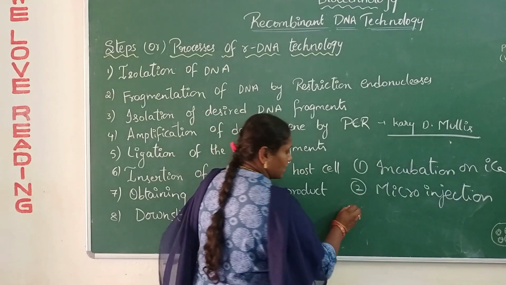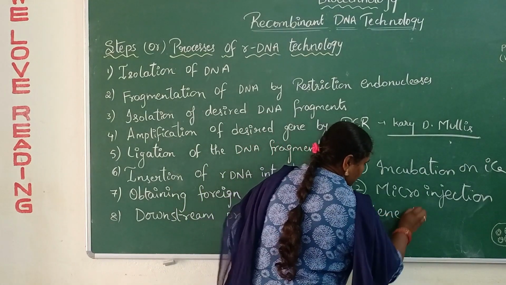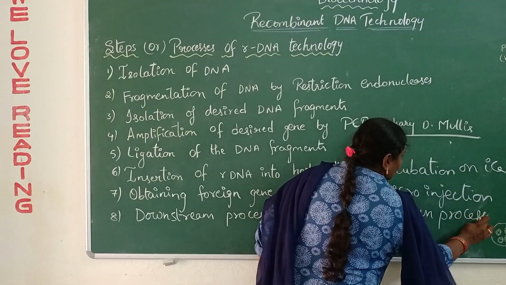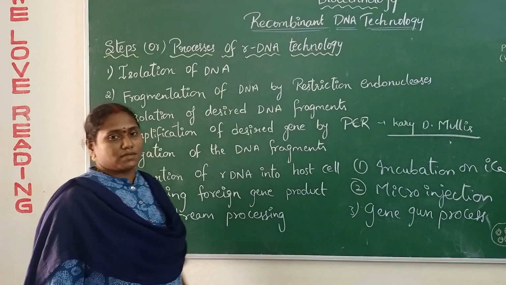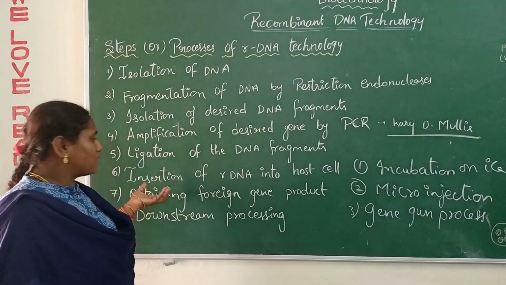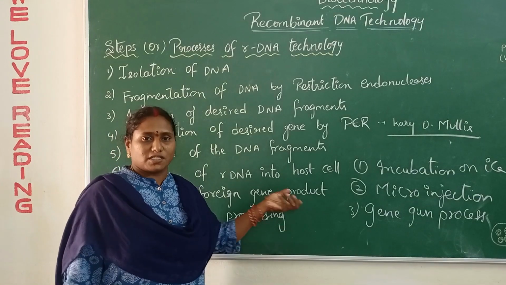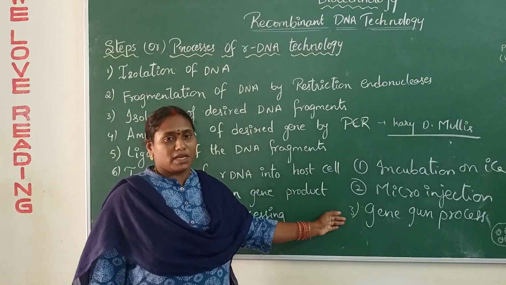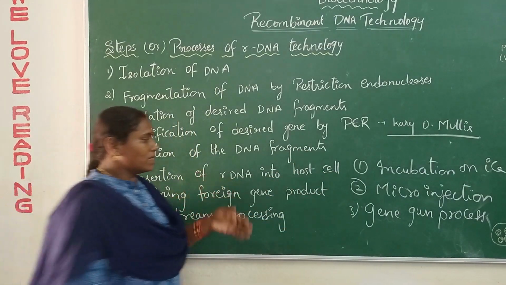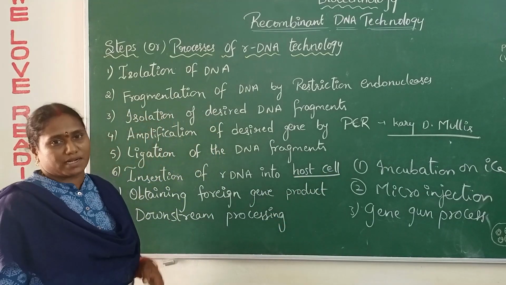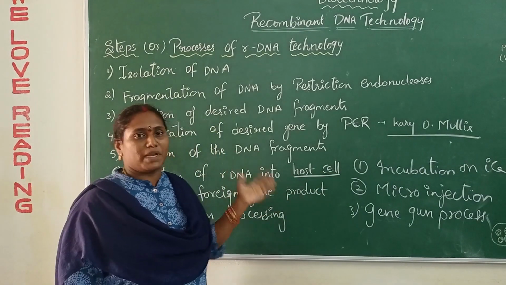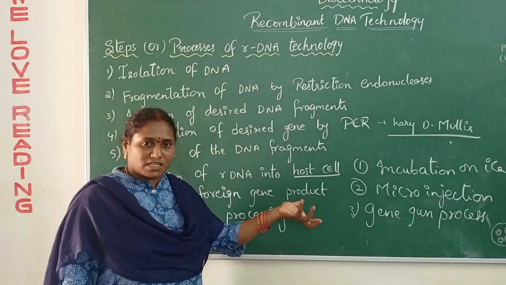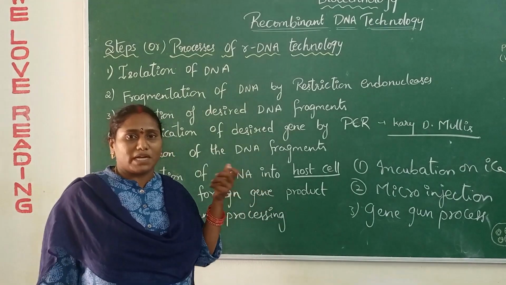The third one is the gene gun process. So, like this, there are several methods. The gene gun process is also one variety of process through which we insert the recombinant DNA molecules into the Escherichia coli bacteria. So, these are the three important methods where we insert the recombinant DNA molecule into the host cell. That host cell is nothing but a bacterium. Later on, I am going to explain this complete topic using a diagrammatic representation. There you can understand how the host cell accepts the plasmid DNA, the recombinant plasmid vector.